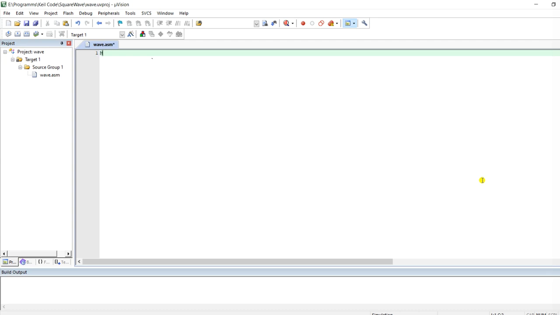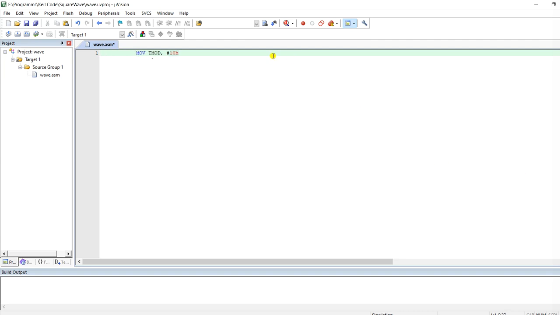So it will be MOV TMOD, with the symbol # and H. So this tells us that we have chosen timer 1 with mode 1. Now we will go to the next line, but let's give some space here.